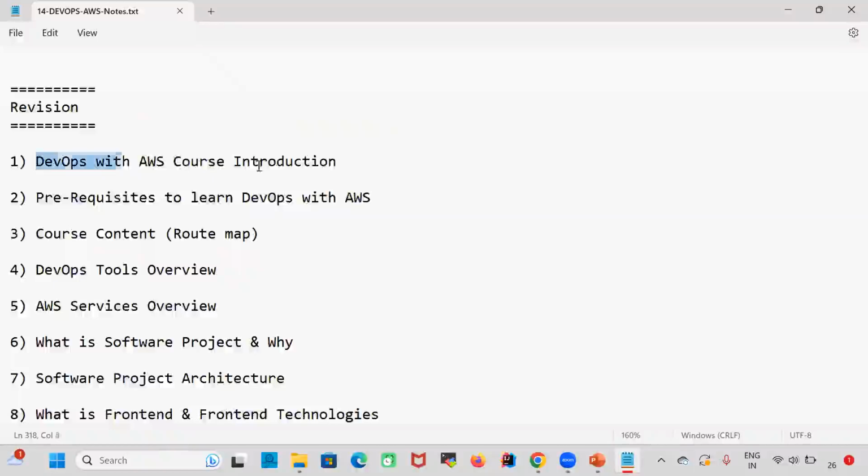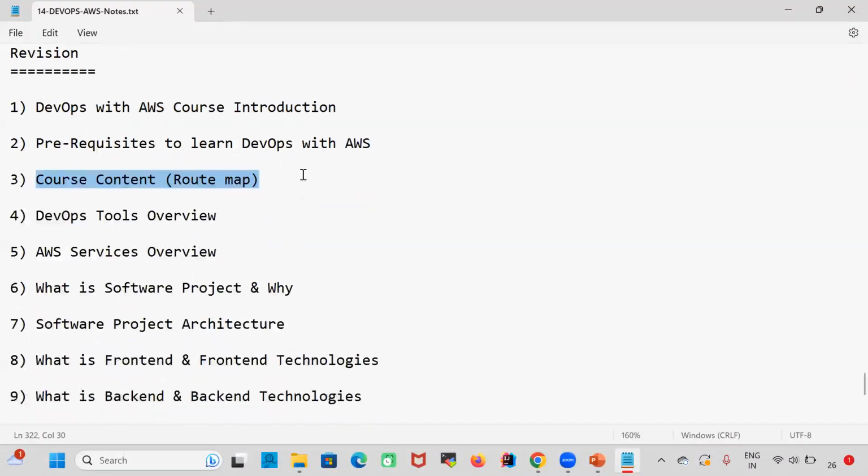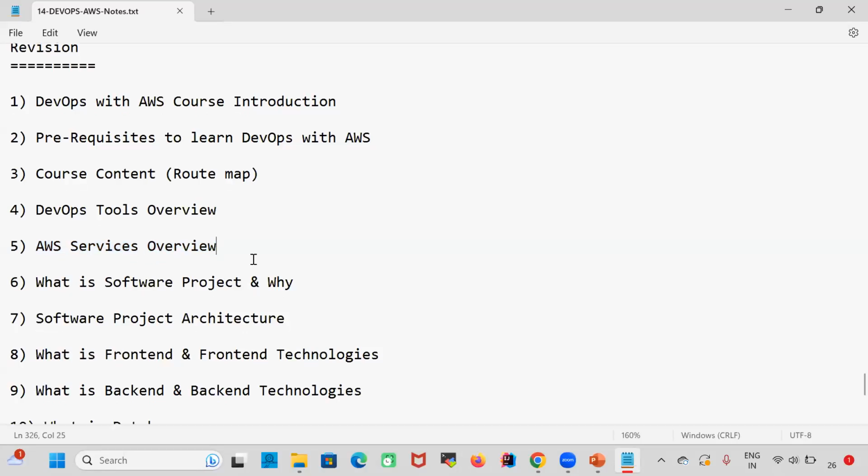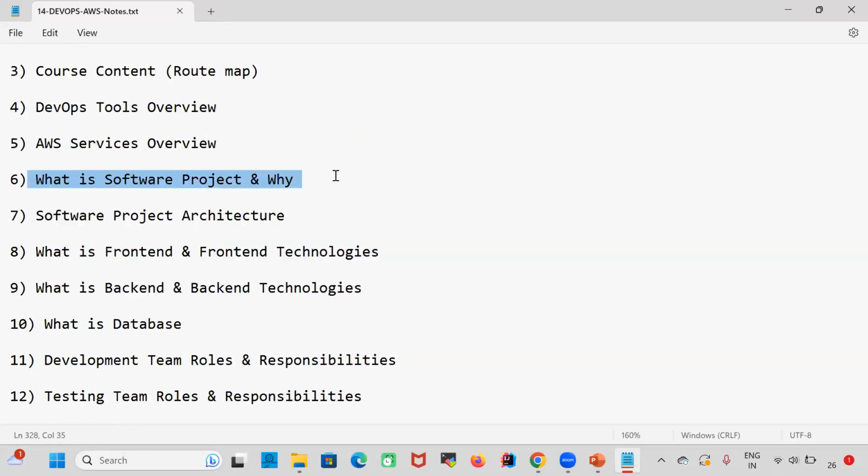We discussed the course introduction, prerequisites to learn DevOps, course content, what is our roadmap to become DevOps with AWS Cloud, what are the tools we are going to learn in DevOps, what is the purpose of each tool, what are the services we are going to cover as part of AWS Cloud in this course, and we discussed what is a software project and why we need to develop software projects, why companies are developing software projects, what is the benefit with the software projects, and what is our project architecture,